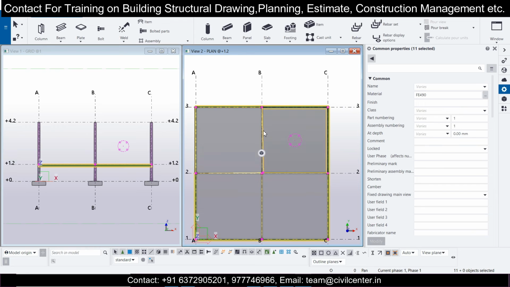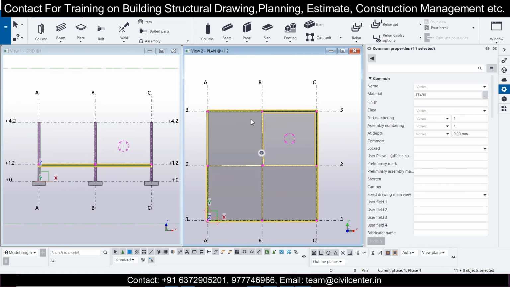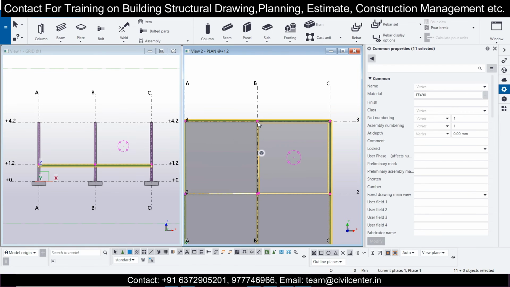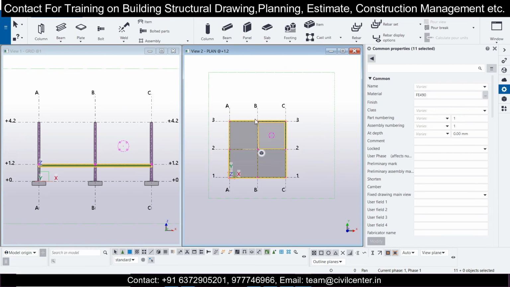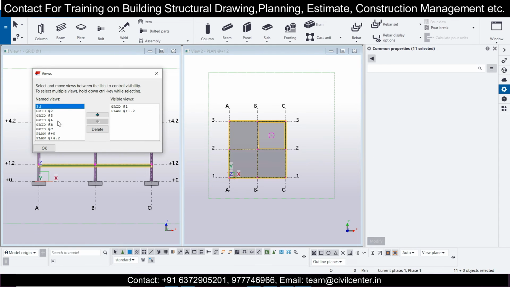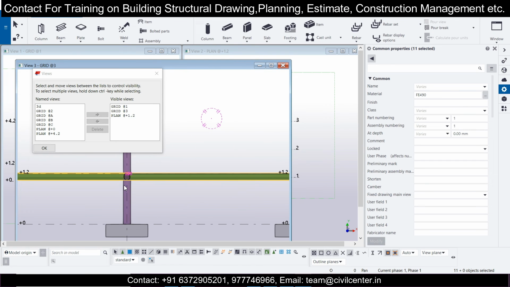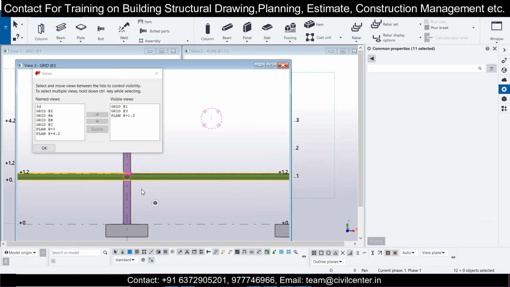11, and this particular thing we can select in the back view. Let's go to grid 3 and select that, view list, and go to grid 3, and then we can press control and select this.